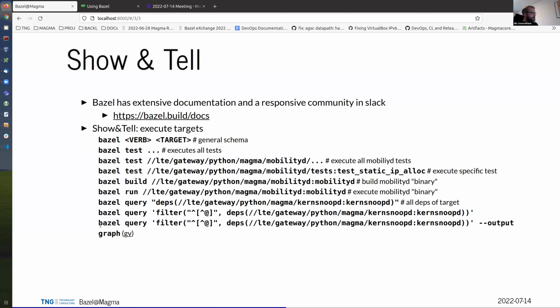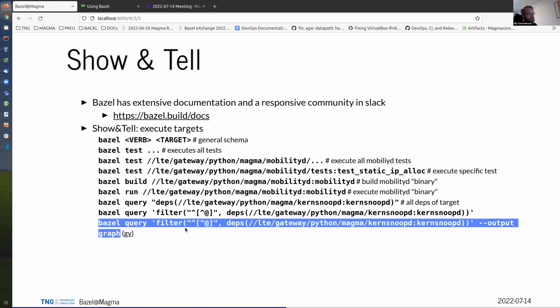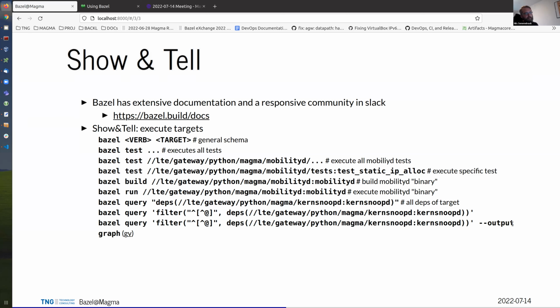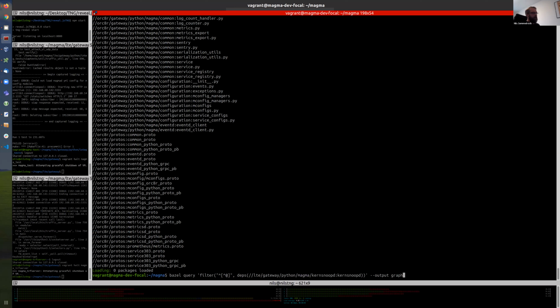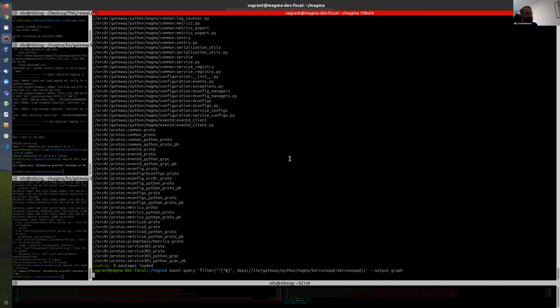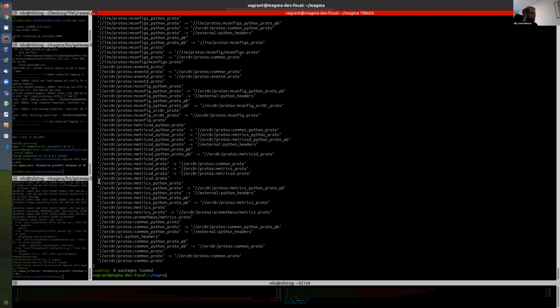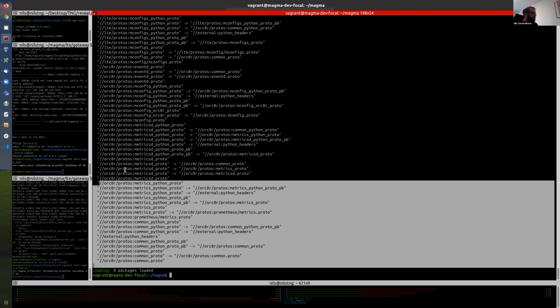But a list might not be enough. Of course, very interesting is how the dependency structure actually looks. And for this, Bazel offers an output graph feature. So if I execute this, I get a reformatted output. Here it is. I will quickly copy this.